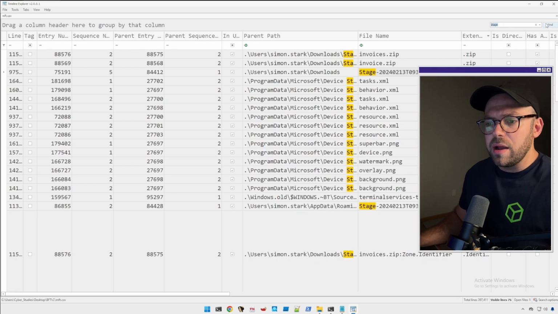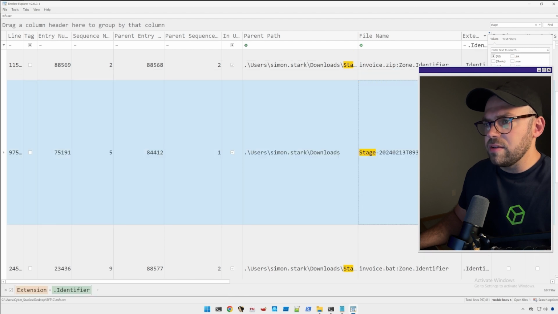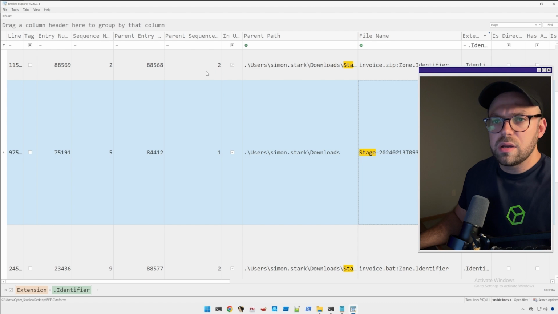Okay, so we got it there, and then we're going to be looking for our extensions. There it is, right there. Cool. So let's filter it out. Why not? We're here. So let's go ahead and filter it down to that identifier extension type. So we're going to close that up here, and then